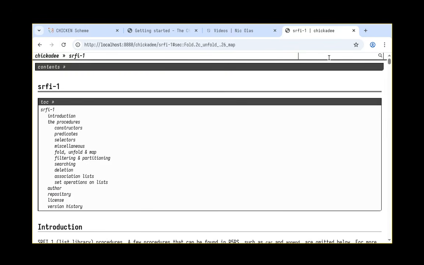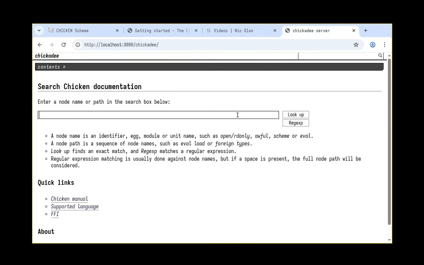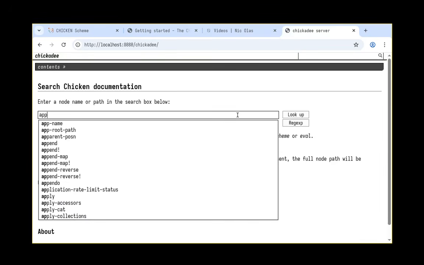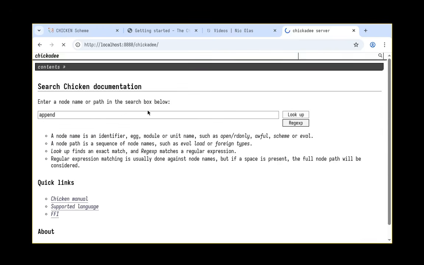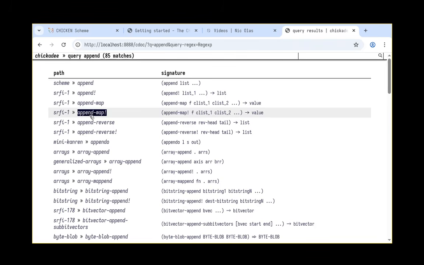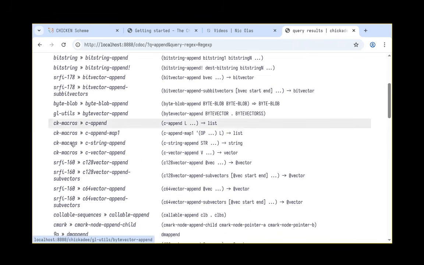And you can also, for example, let me go back. You can also search for regex and whatnot. So, let's search for append, everything that includes append in it. And it will give you back all the stuff with the